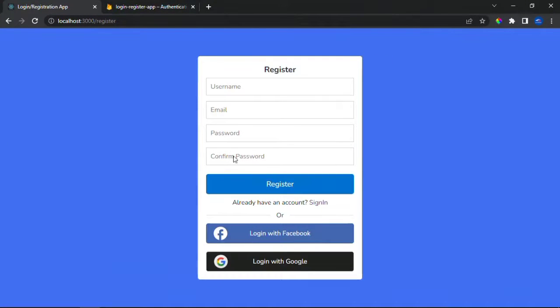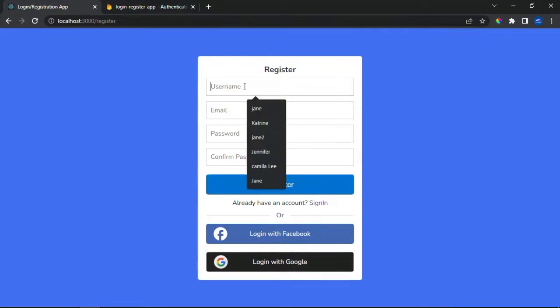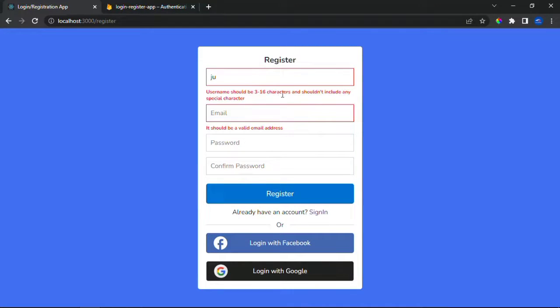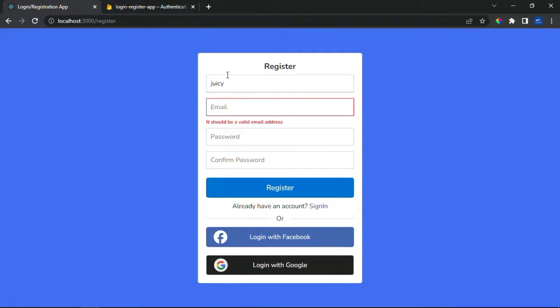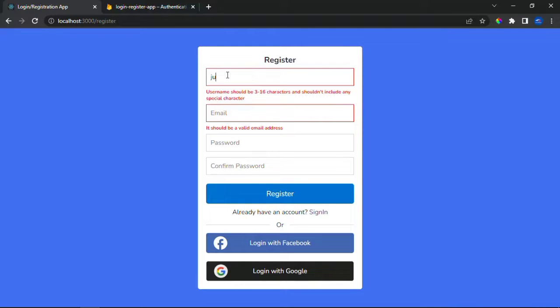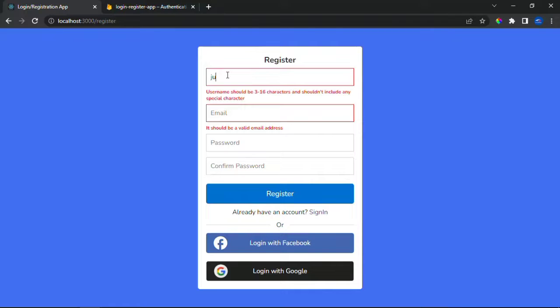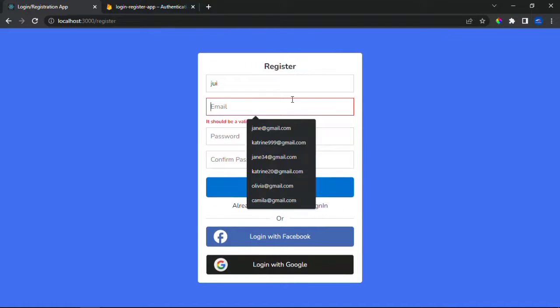Alright, so here we have 4 fields: the username, the email, password, and confirm password. For the username, we are to enter 3 to 16 characters. So when we enter 2 characters here, you can see the error popping out that says the username should be between 3 to 16 characters and should not include a special character, as you can see. So enter 3 characters here, we're good to go. So let's say juicy Jew,